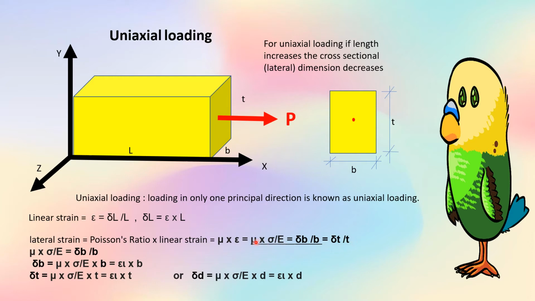Now if I equate these two things, that is mu into sigma upon E is equal to delta B upon B. If I write it here again, mu into sigma upon E is equal to delta B upon B, and now I write delta B is equal to, this division by B will become multiplication by B. So delta B will be equal to mu into sigma divided by E into B. So delta B, the change in width, I can calculate as mu into sigma divided by E into B, or